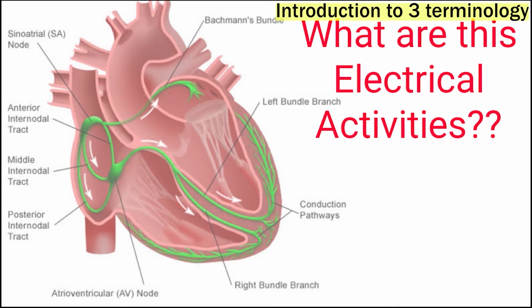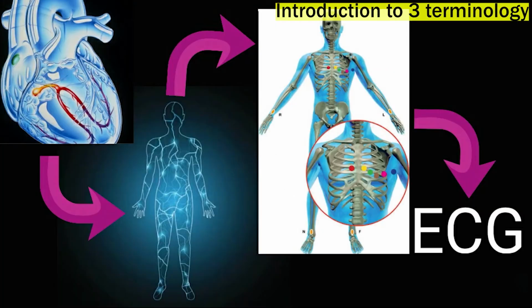I have already made a detailed video on the conductive system of heart. If you haven't seen that, please go and have a look so that it will be very easy for you to understand this. So what happens when this impulse gets generated by the conductive system of heart? In very low intensity, the current keeps on flowing all through our body. This current can be easily picked up from the surface of the body with the help of a specific type of electrode, which are commonly known as ECG lead, and it is then recorded in the form of electrocardiogram, that is